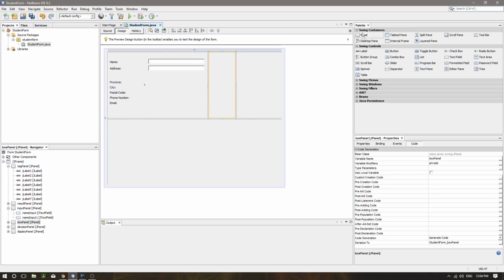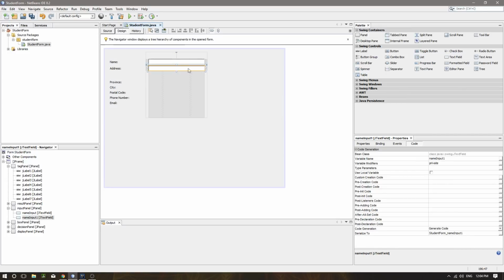Now let's call this little guy over here. I forgot to name it, so I'm going to put this address input. Okay, again, it's important to have a name, otherwise you might be confused. So the next text box or text field will be the province. So let's call this guy